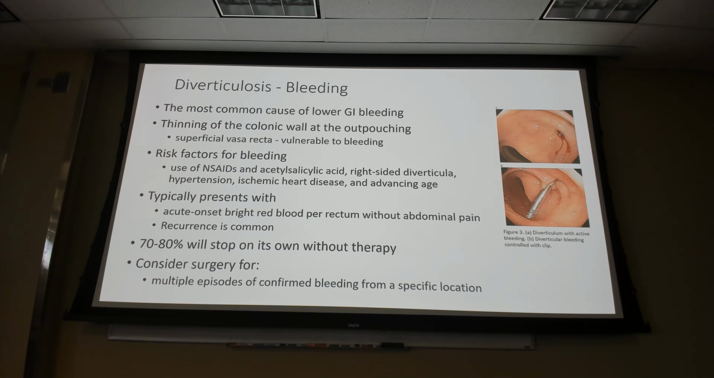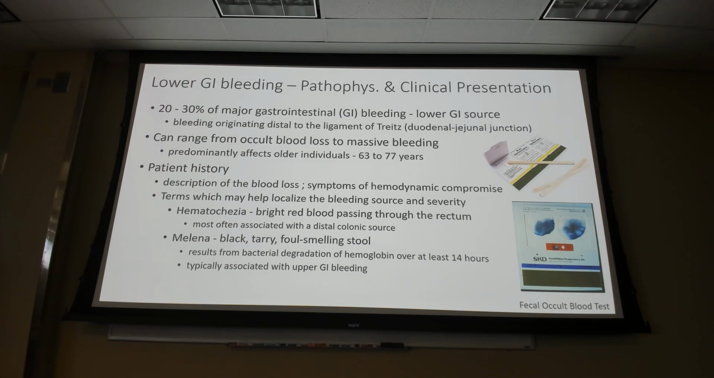Now if they have multiple episodes, and we can find the location, which we'll talk about, that becomes the difficult part: finding the location of the bleeding for these patients. So like it says on there, 20–30% have major GI bleeding from a lower source. Most commonly it's from an upper source. And this bleeding is going to be distal to the ligament of Treitz, which is why, the colon's pretty long, so it can be difficult to locate the area,